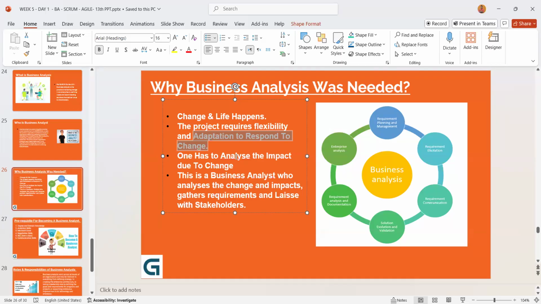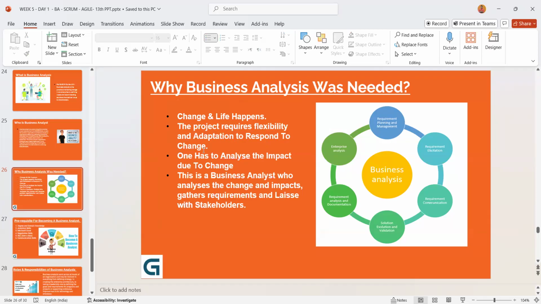It is possible that when you are trying to run, somebody on a bike took over you. But to catch that person, you need to have a vehicle of equal speed and equal horsepower or something like that, so that you can catch up without losing much of the fuel budget, and without impacting the environment. So the second one says that this type of project requires flexibility and adaptation to respond to the change.